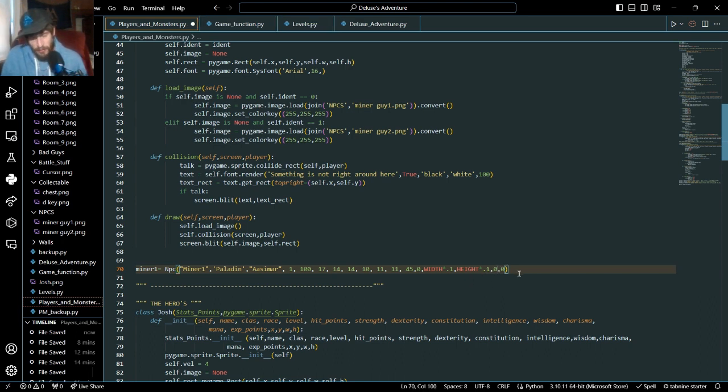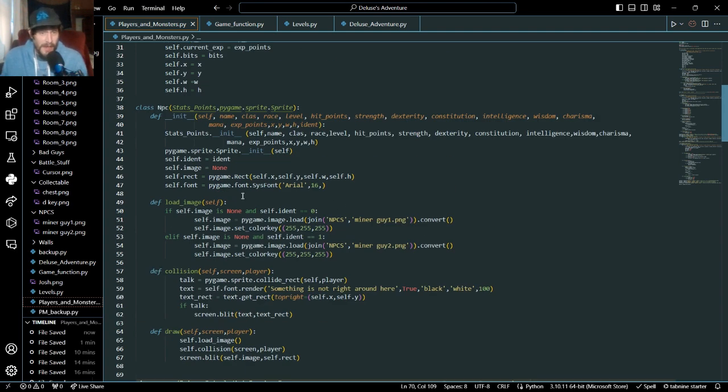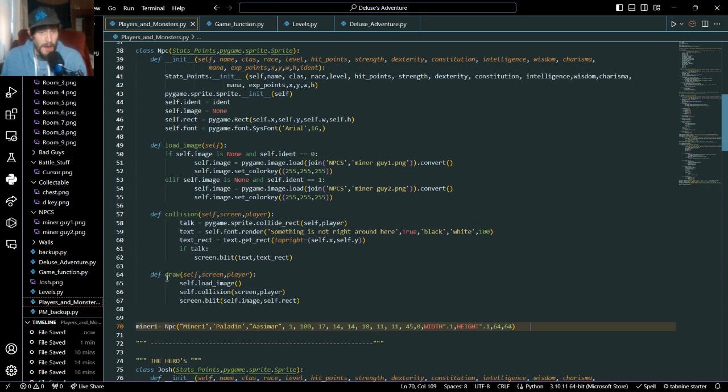And then our width will just be, I think I made them 64 by 64. Okay, so now we finally have an NPC class with an image that it loads, a collision, hopefully, and a